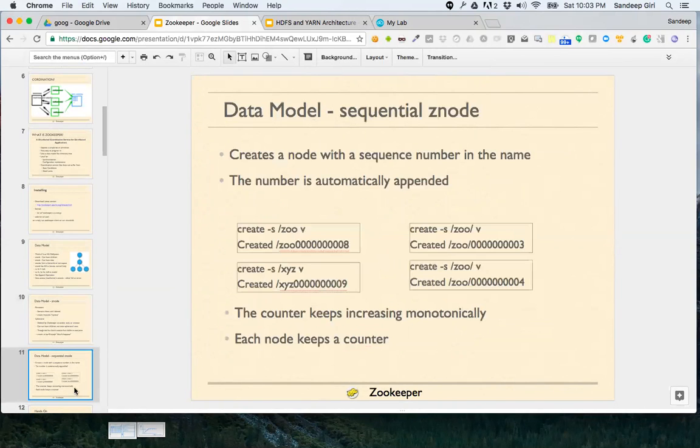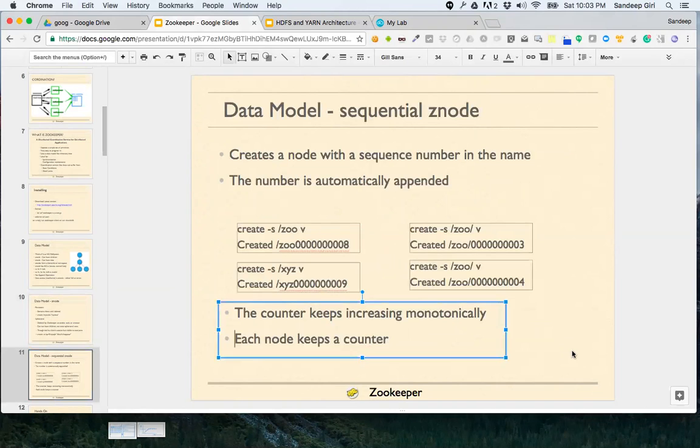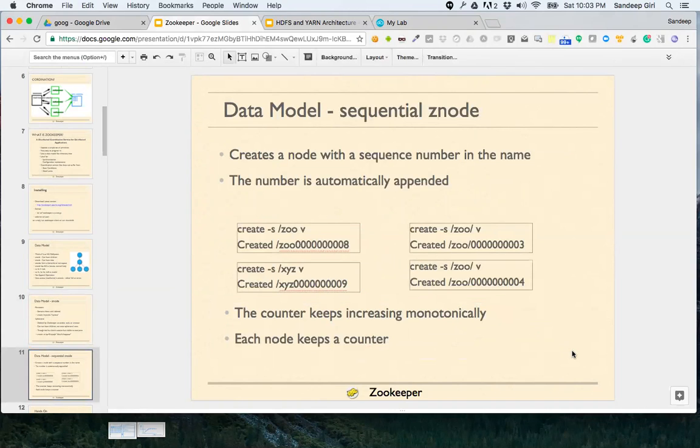Great, wonderful. Now, we talked about two kinds of node. One, where we created a node which will remain forever unless deleted. Second, which will disappear after some time. The third kind of znode is the sequential node, meaning it creates a node with a sequence number automatically.